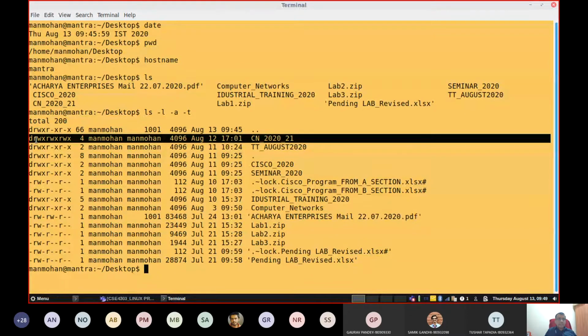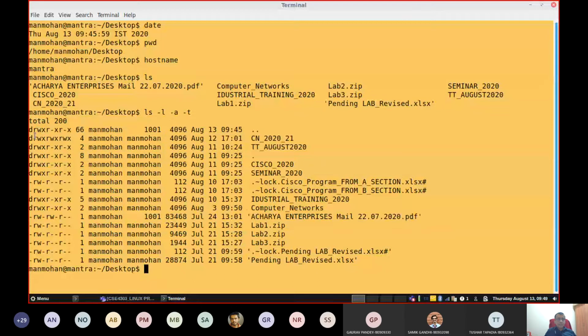Initially the first part is d, then you are getting rwx, rwx, rwx, etc. This is called read, write, execute permission. Note down in file permissions, r stands for read, here this r. w stands for write and x stands for execute. Now you can notice one set of read, write, execute permission here, and the first character is d here.